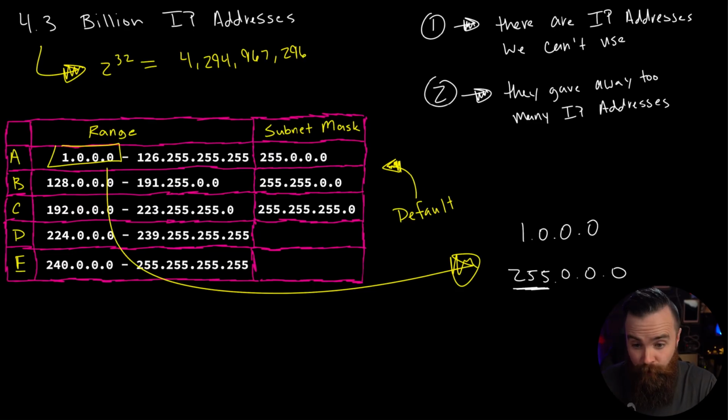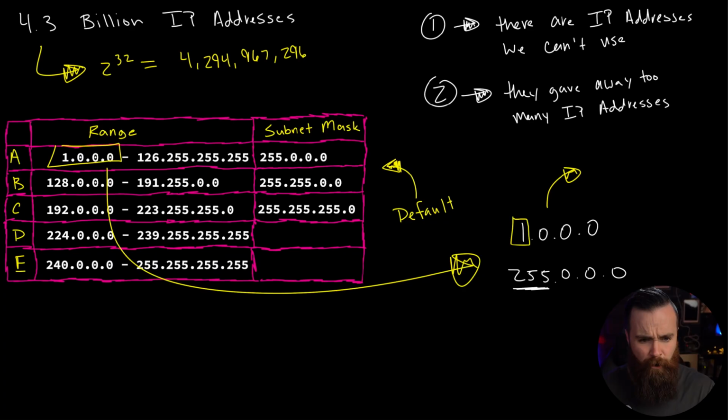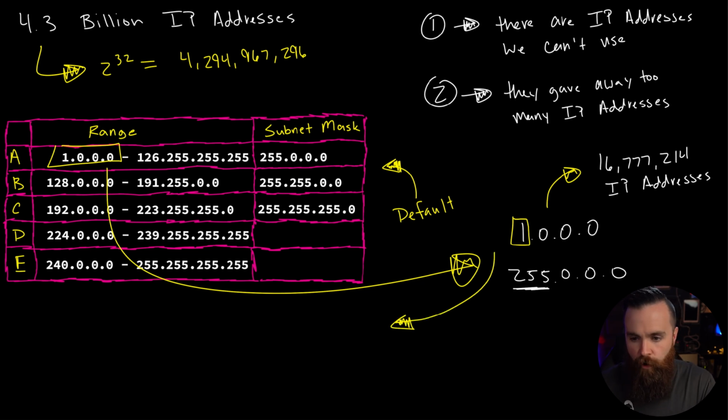Because if we're just keeping the first octet the same, the 1, but everything else can be different, do you know how many addresses that is? That is, I gotta look it up. Oh my goodness, 16,777,214 IP addresses in one network, which is insane,